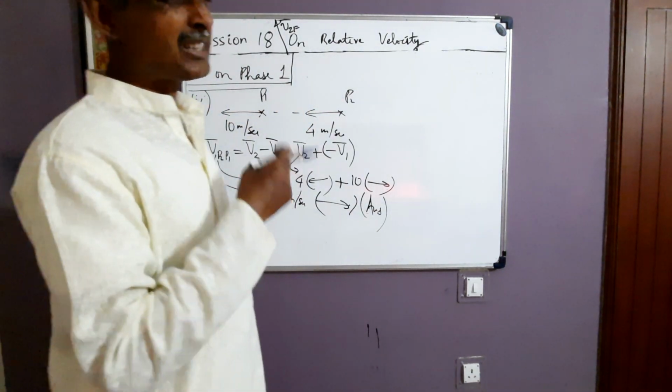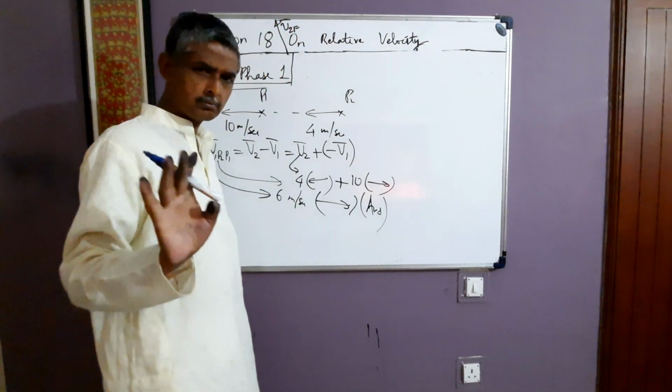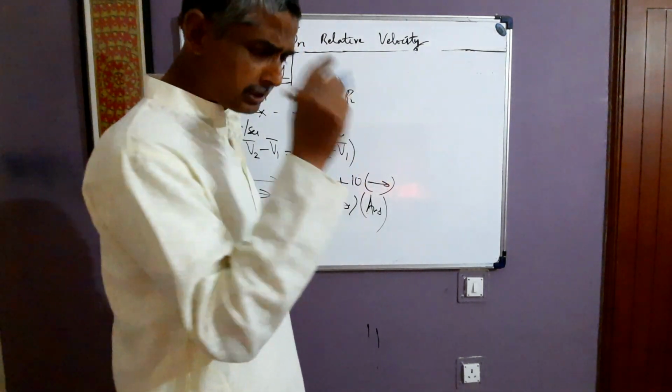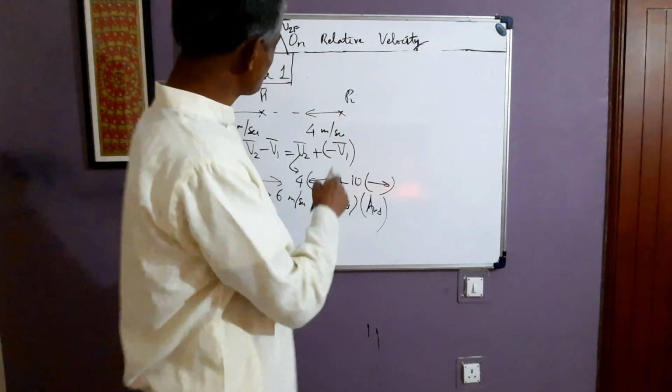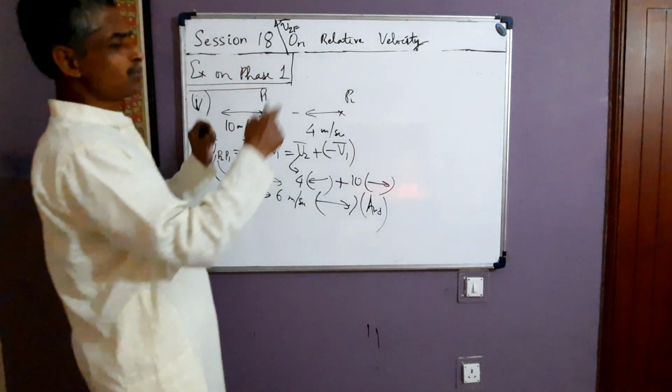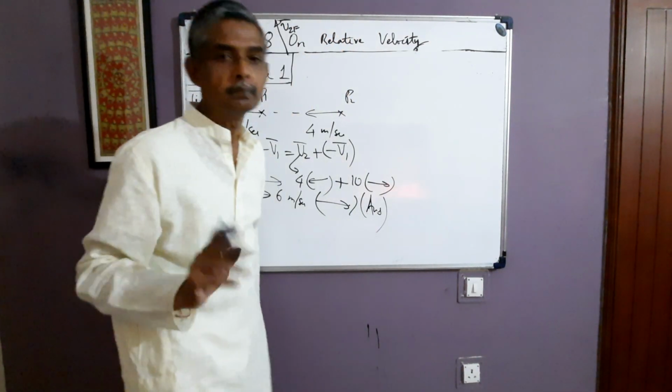So this is the method. Don't unnecessarily write minus, minus, two minuses. That's not the way. You just calculate it mentally and then convert it to whatever coordinate system it is given in. But don't do that 10 minus 4, 10 minus 2. That's not the way. You get stuck unnecessarily and waste your time.